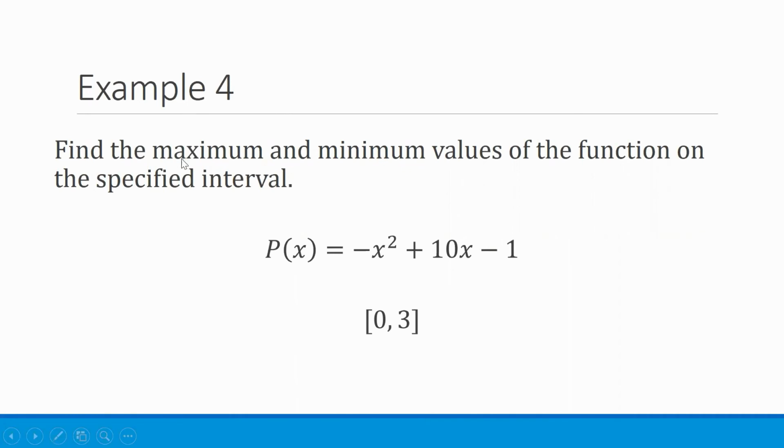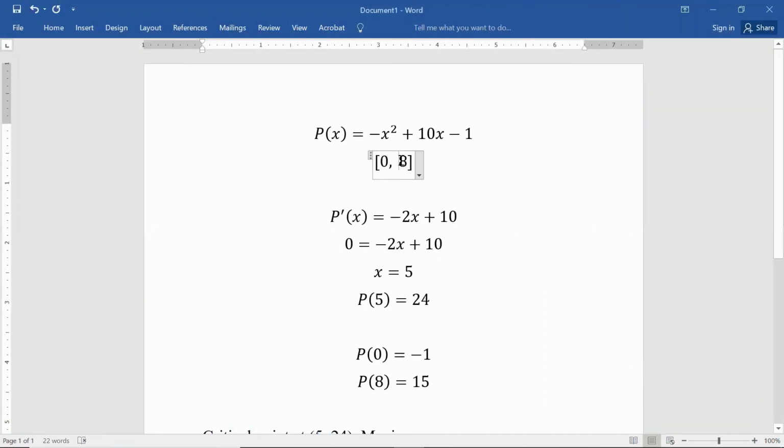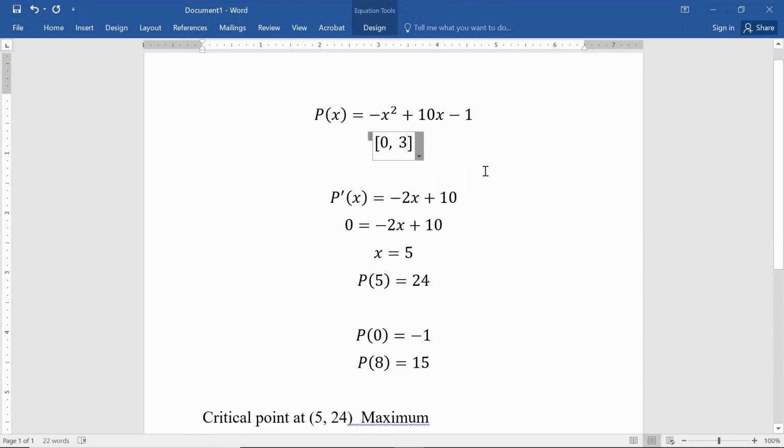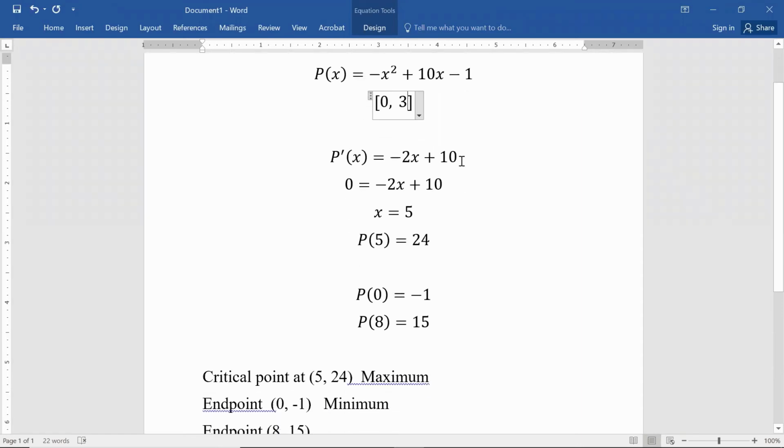Let's take that same function, and instead of trying to find the maximum and minimum values of the function on the interval from 0 to 8, let's figure out the maximum and minimum values of the function on the interval from 0 to 3. A lot of the same stuff can be utilized that we used earlier. So we're going to do that. We have the same function, but now we're changing the interval from 0 to 3. So we're looking at x values in the range from 0 to 3.